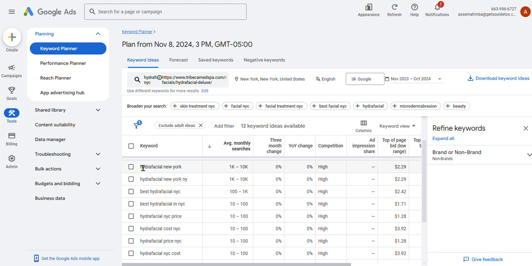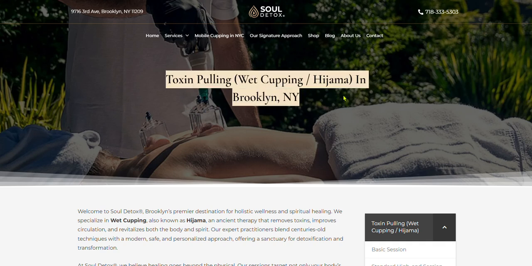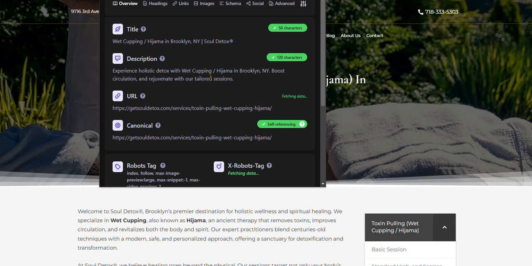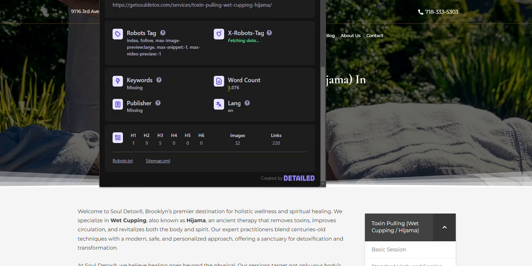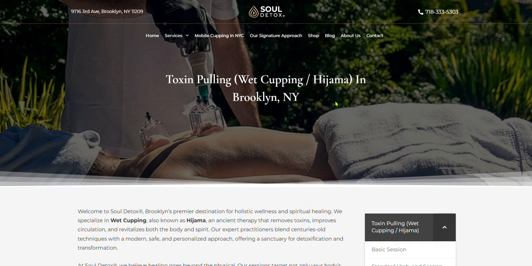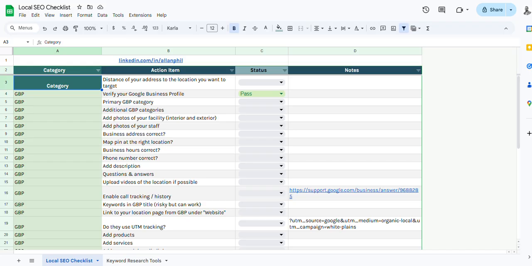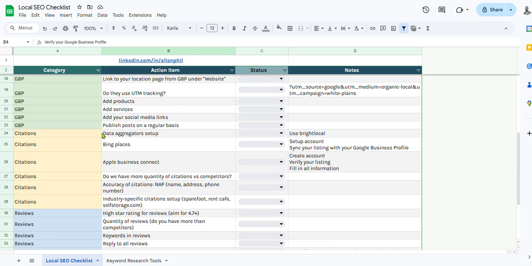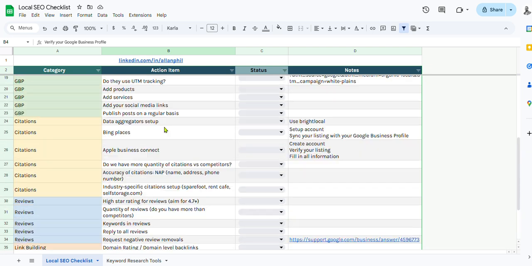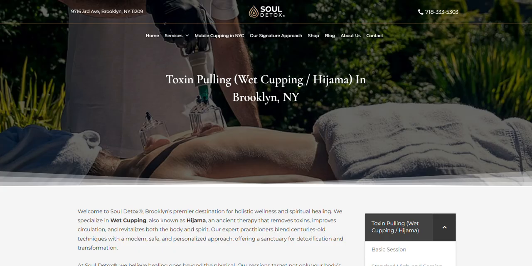And in case you already have pages for some of the keywords you've discovered here, you can further improve the on-page optimization using an extension like Detailed. There is a checklist here that I use. This is the Google My Business page, we can skip that one. But in terms of the on-page optimization itself, it's things like